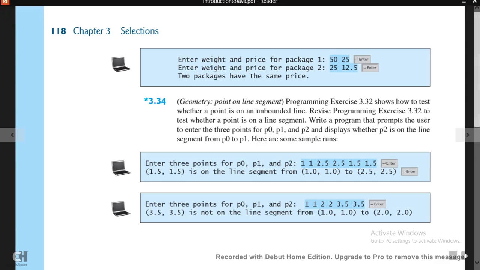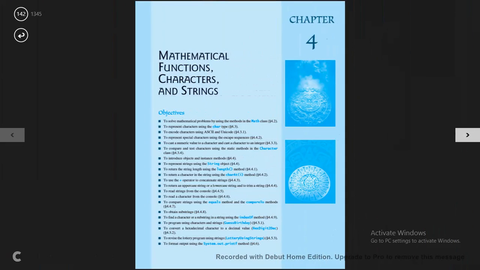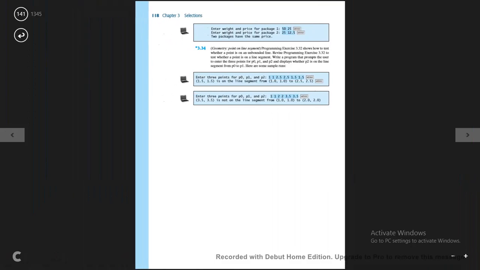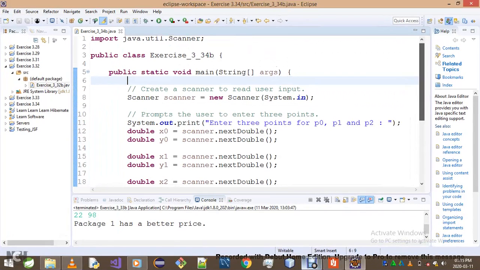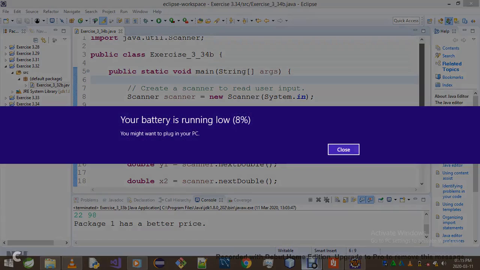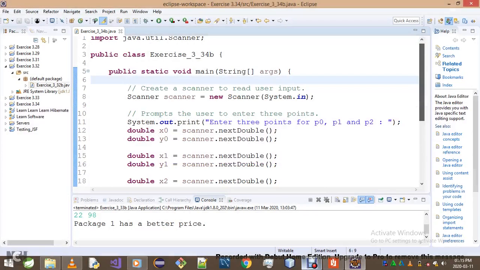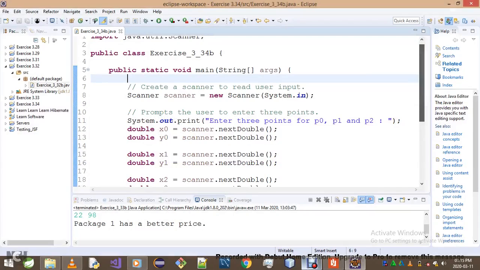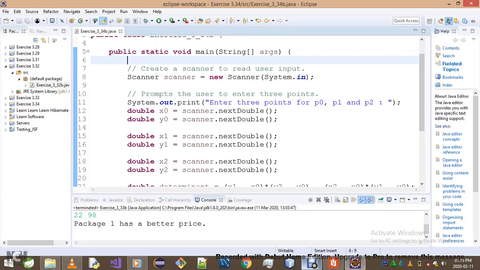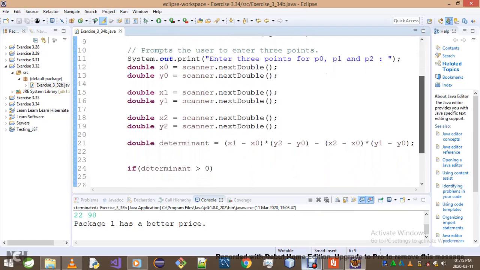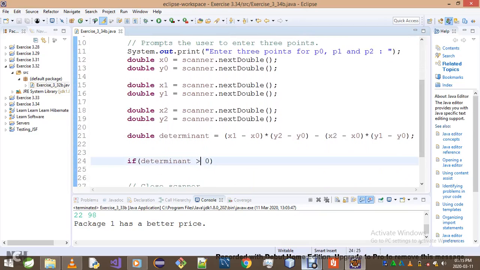Is there something else I've got to know? Oh, nope. Okay. So what I did is I copied and pasted some portion of exercise 3.32. There's nothing complicated though. It's only this part where I read user input and store all those values in their corresponding variables. So what I want to say, or I only want to say, if determinant is 0